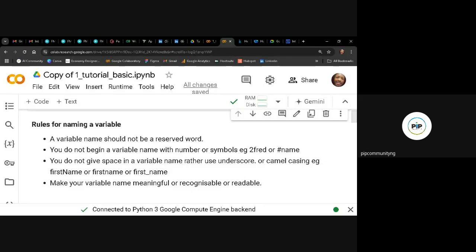They cannot be used as variables. Take for example print, input, int. These are reserved words. There are lots of reserved words. When you do research on them, you see lots of reserved words in Python. So there are many reserved words you cannot use